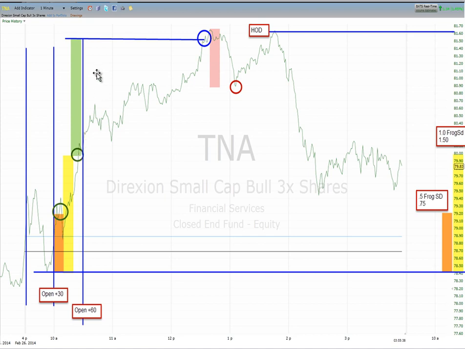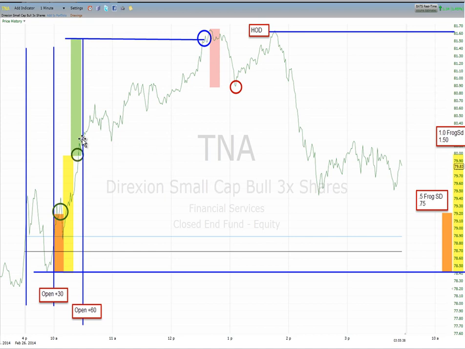It moves directly up one full R and then starts hesitating. At this point in the blue circle, you've got 1 R in hand from the traditional mechanical quick frog. You have 1.5 R in hand from the accelerated frog. You get a half a frog SD pullback, which would get you out at this red. There's another probably an R to R1/2 available in the retracement move, but on the simplest form of this trade,